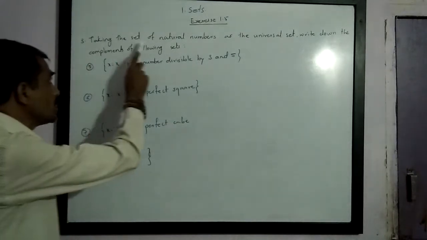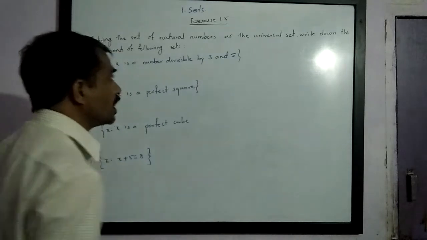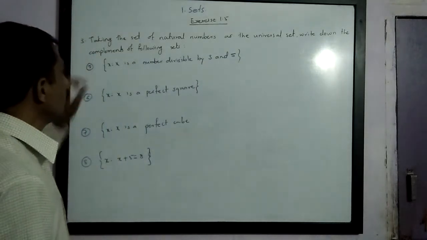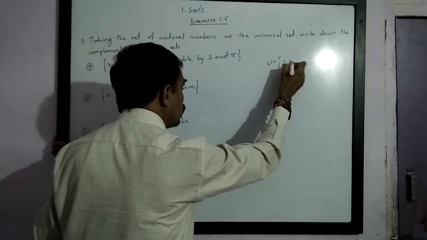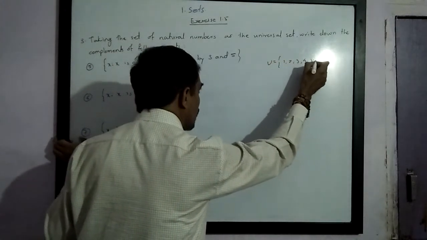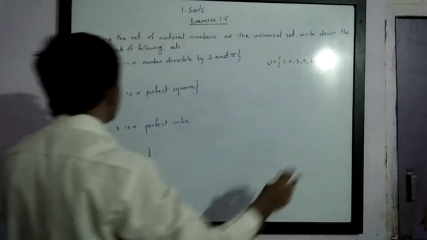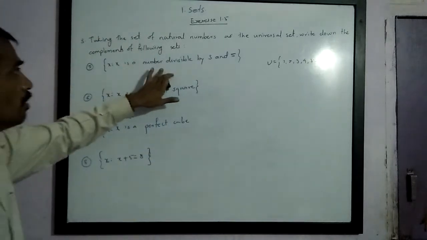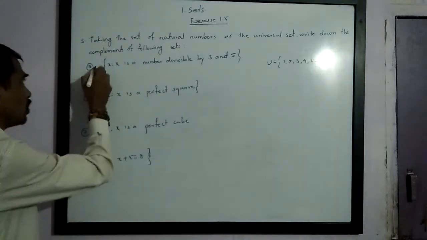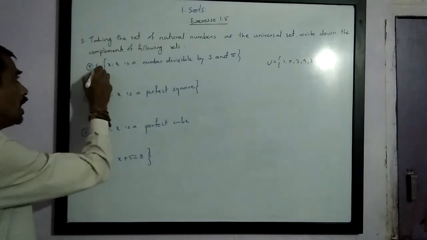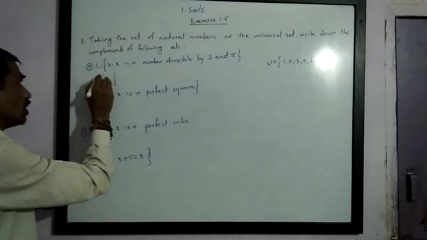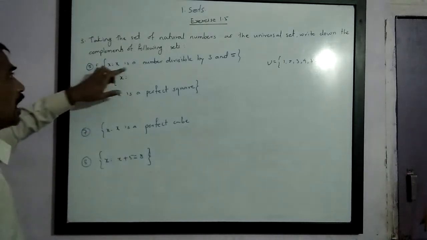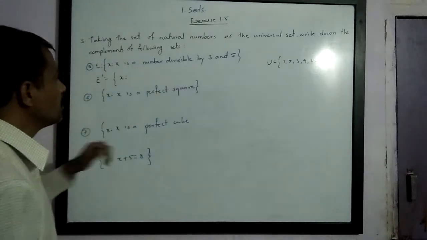Third question is taking the set of natural numbers as the universal set. We already started this question. Now the universal set U is equal to the set of 1, 2, 3, 4, 5, 6 and so on. This is the set of natural numbers. Now E is the set of numbers which are divisible by 3 and 5. Let the given set be the E set. So its complement is the set of x such that x is a number not divisible by